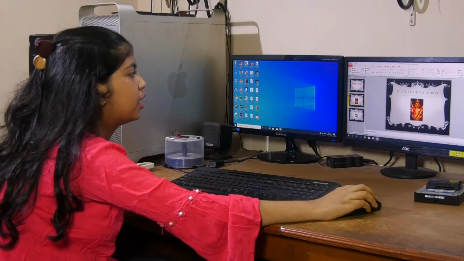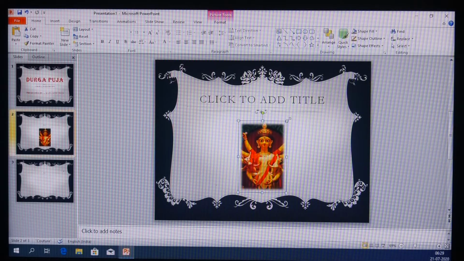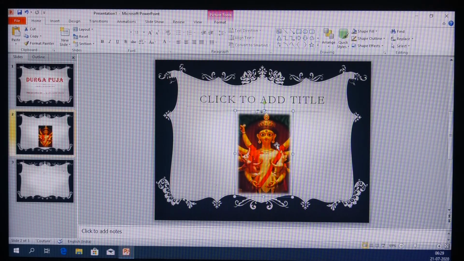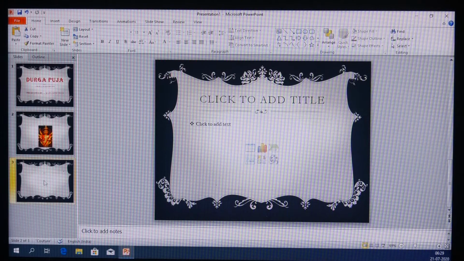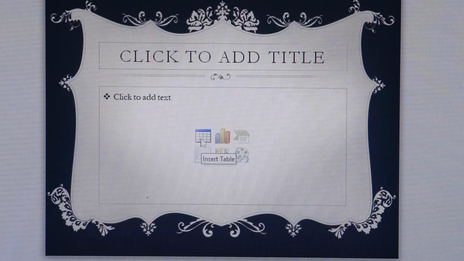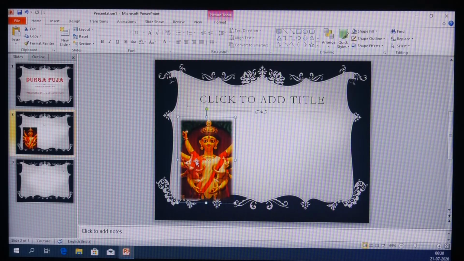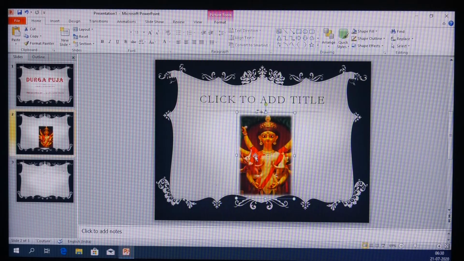So now if you want to make your picture big, you can adjust it like this, and wherever you want to place, you can place it. Another important thing is that I am taking you to another new slide. Here you can see this many options are coming, but in this slide you don't have that option now. So if you want to import 2 pictures or 3 pictures, then you have to import it at the same time.